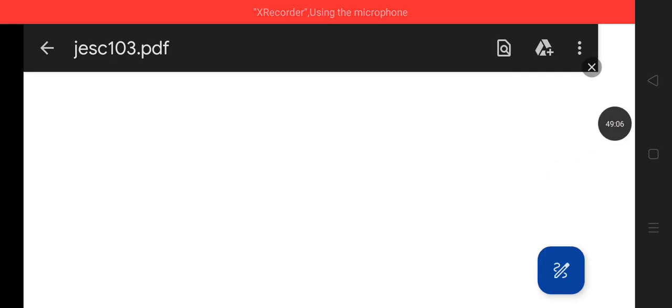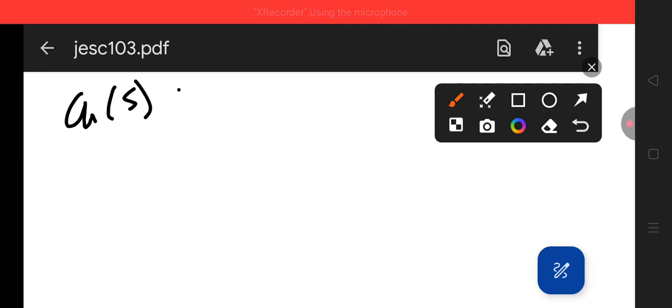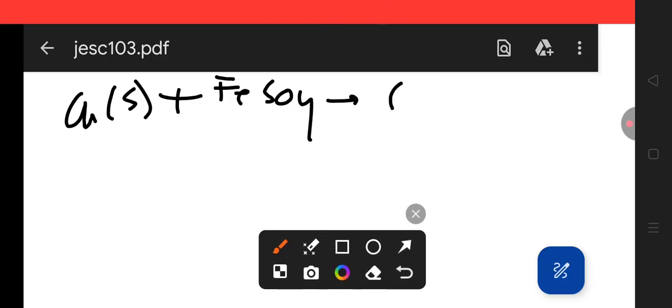Come here, so I will show you the reaction. So first, when we are adding copper in FeSO4 solution, no reaction will take place, the same substances would be there. So no reaction would take place, it would be as it is. But when you will add iron